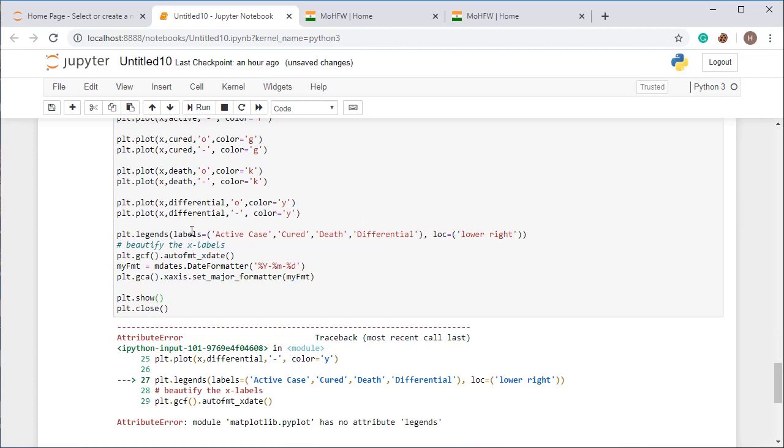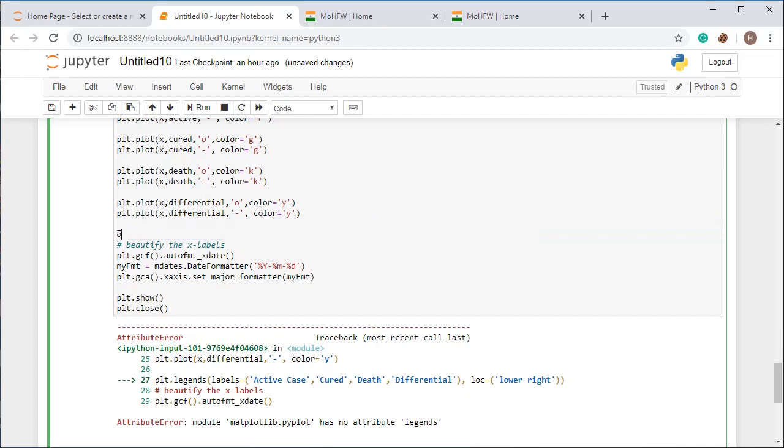Actually, you have to first create a figure for this so that you can set axis, then you will be able to add this thing. So for now, remove this label and just set the x label and y label.